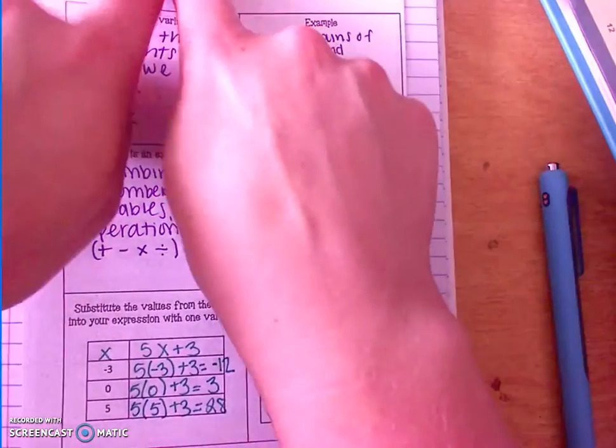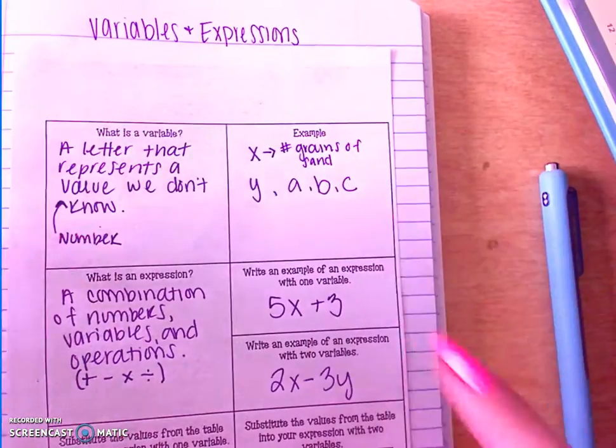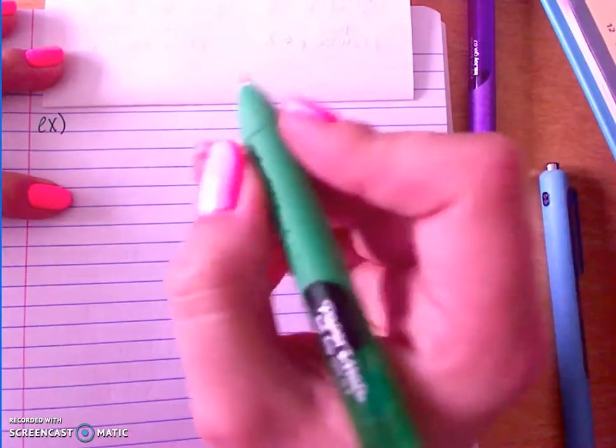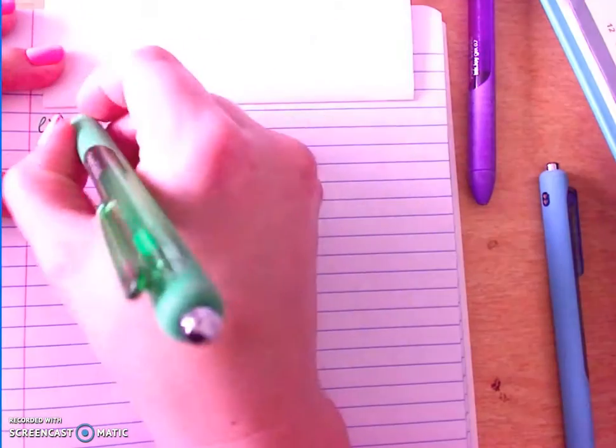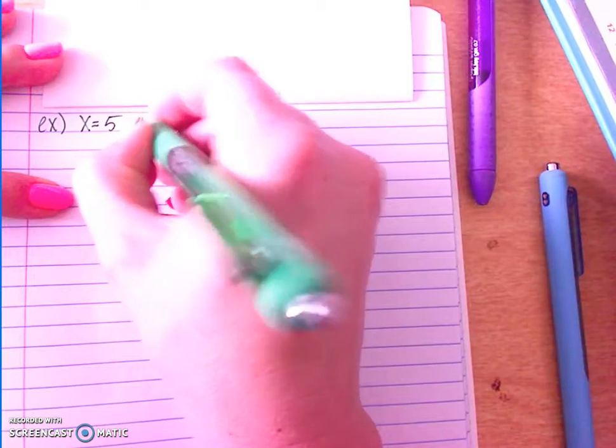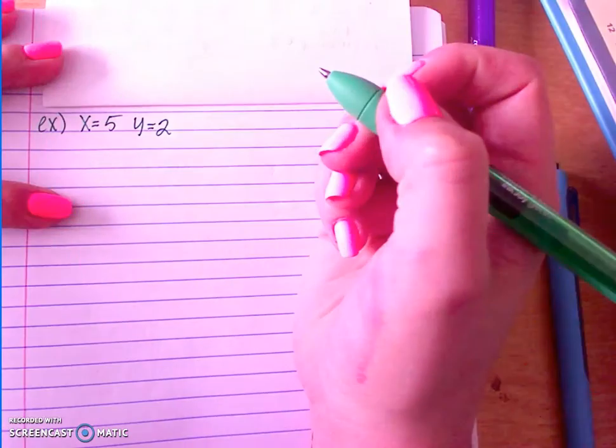Now what we're going to do is glue this top and flip up, and we're going to do 2 other examples. All right, let's look at, if x is 5 and y is 2,